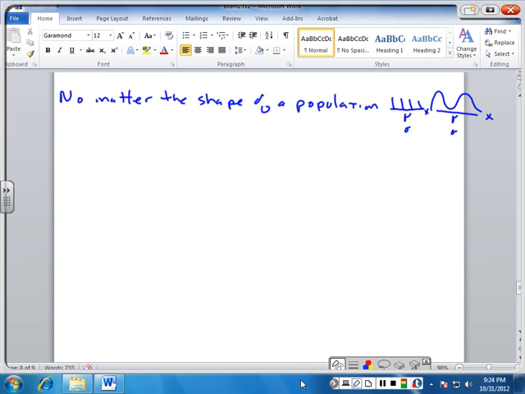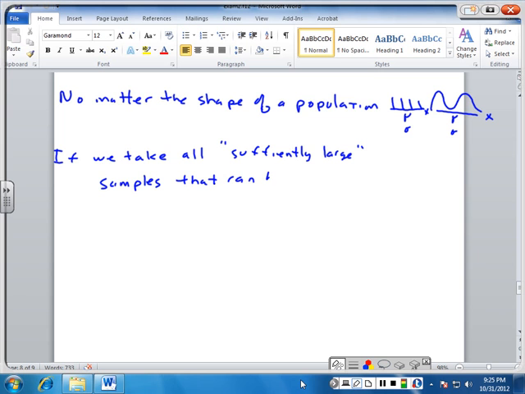No matter the shape of the population, if we take all sufficiently large samples that can be drawn from that population,